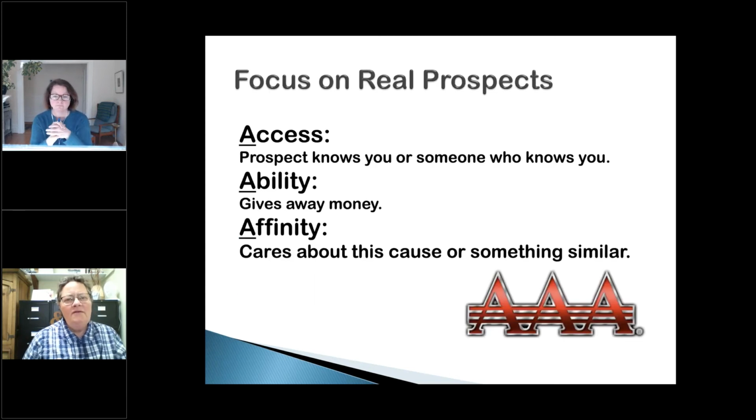The other thing that's very, very critical to a solid major donor program is focus on prospects. A prospect is not a suspect. We suspect that if we only could get them alone in a room and tell them all about our group, they would become a prospect. No, a prospect is a person you have access to. So it's not Oprah Winfrey, for example, who's everybody's favorite prospect. I'm like, good, if you know her, why are you in this class? But you know the person, or you know somebody who knows them, you have some door opener.